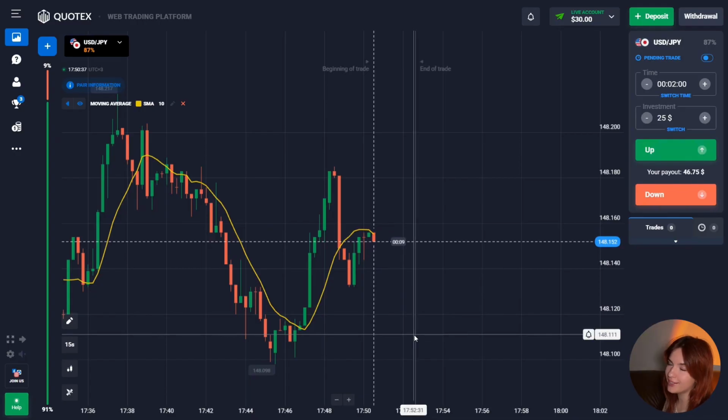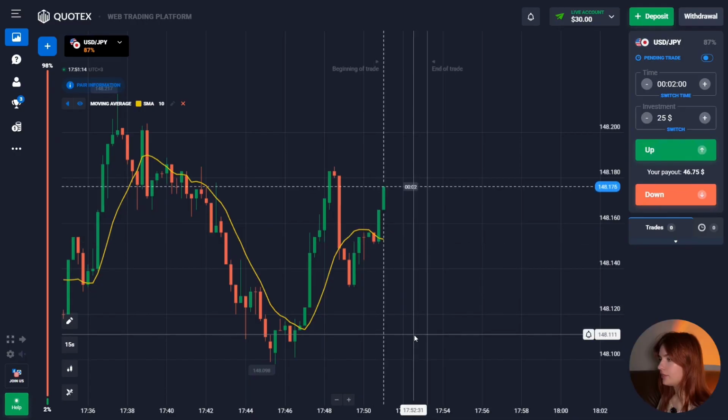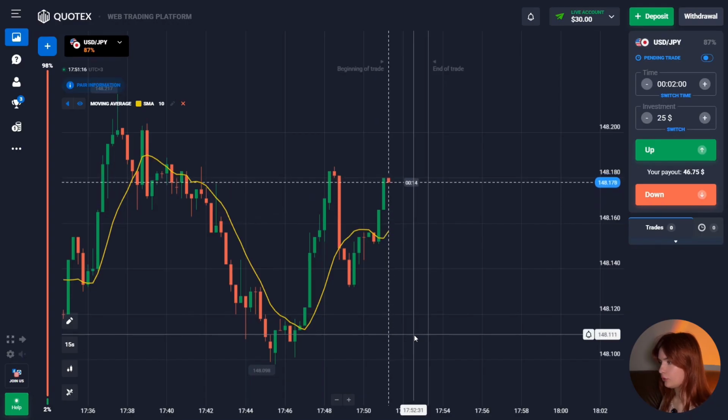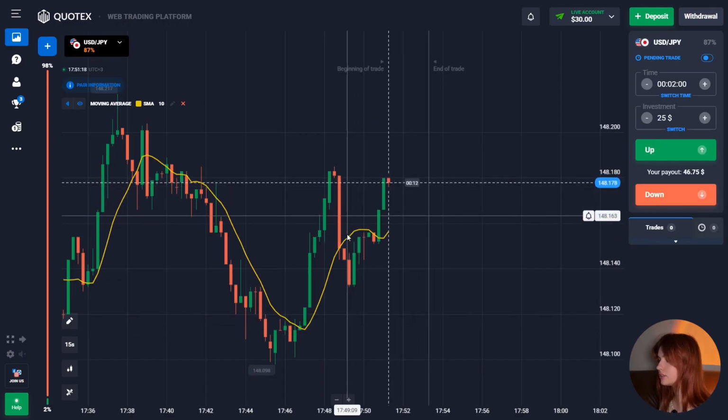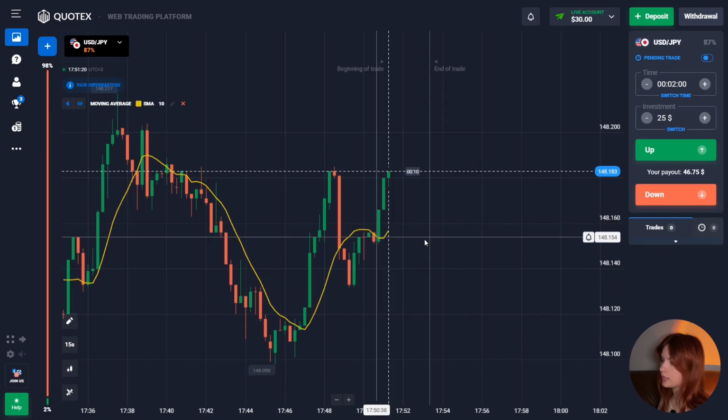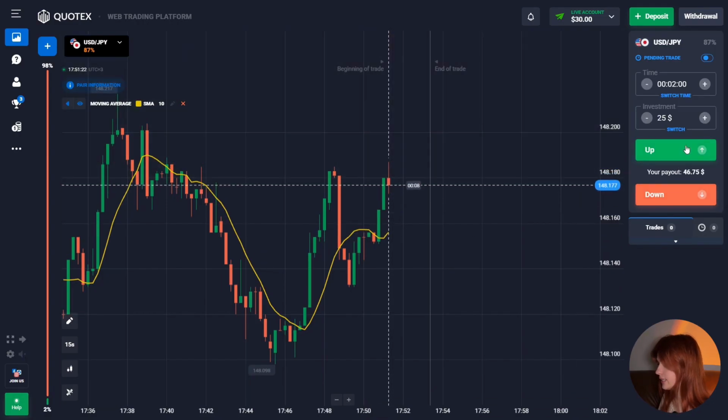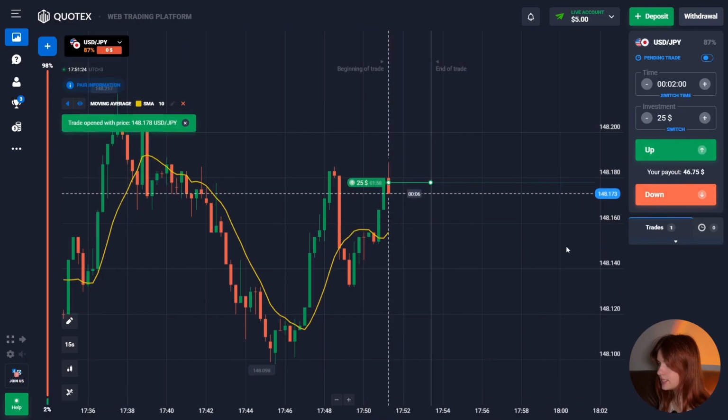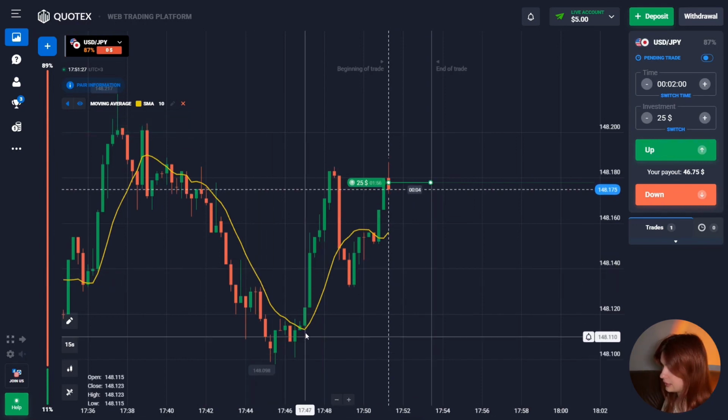And so, let's look for the first entry point. Okay, as you can see, we have an upward movement here and the price is currently crossing the moving average from the bottom to the top. So let's open a deal to go up, since as you can see, such a signal worked out perfectly earlier,